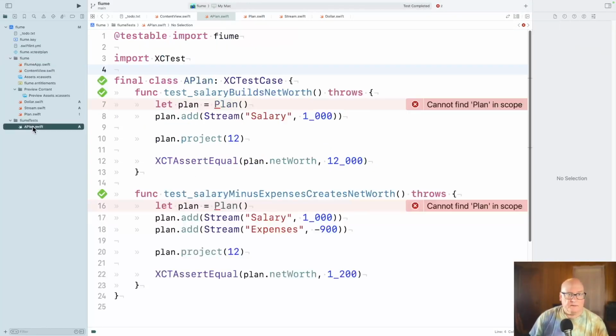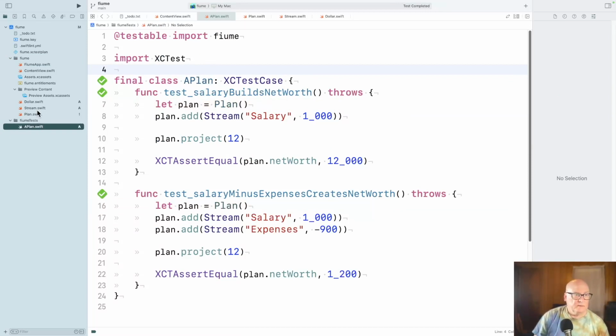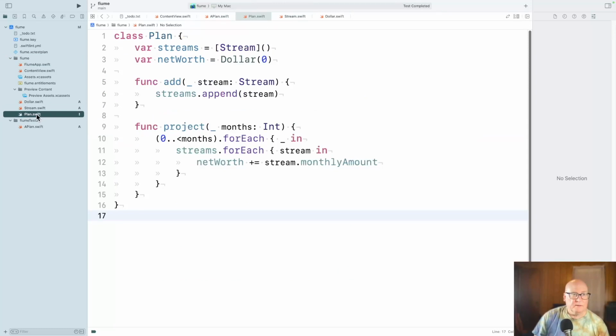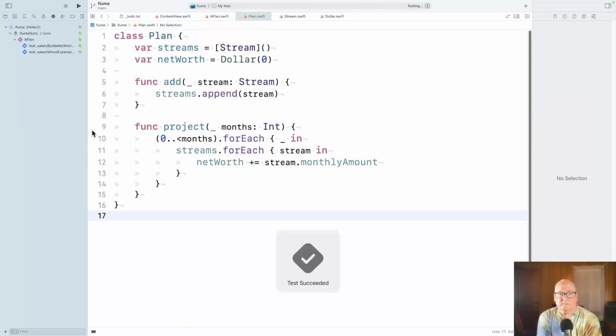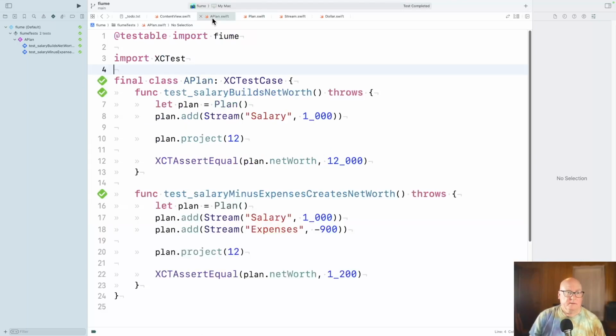All right, how's this doing? Cannot find plan. Now, why are you different? Okay.